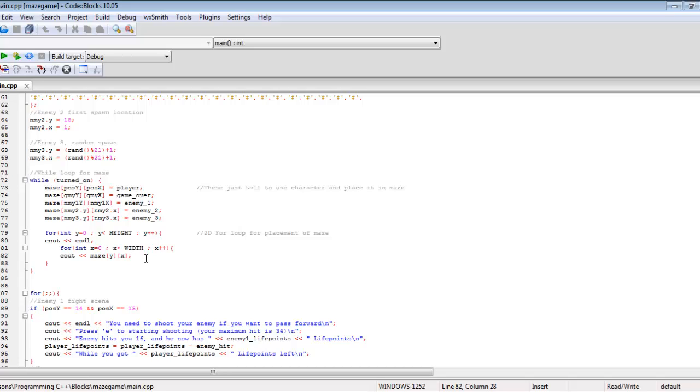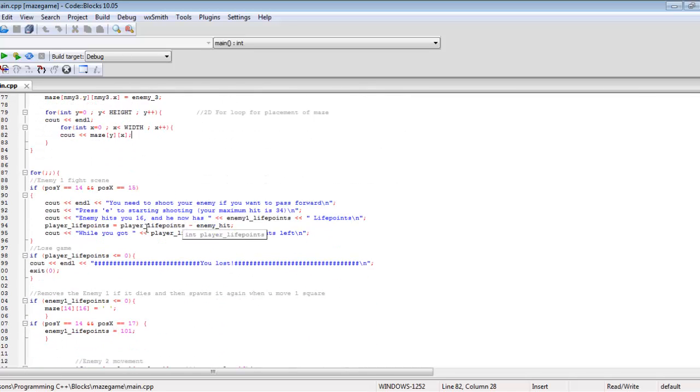Then we have a 2D for loop placement of the maze. And this is where we actually print the maze before we just call it. Here we have the first fight scene, which is at this position. If the player is at this position, then this whole thing starts, where it just shows life points and that you can fight. Then it goes for the switch case for shooting,